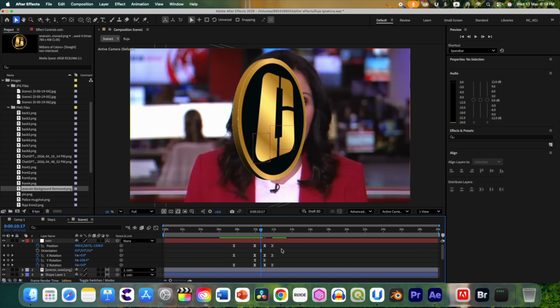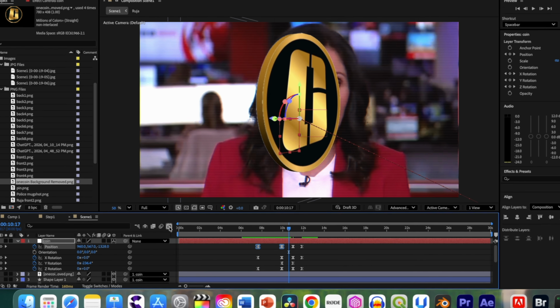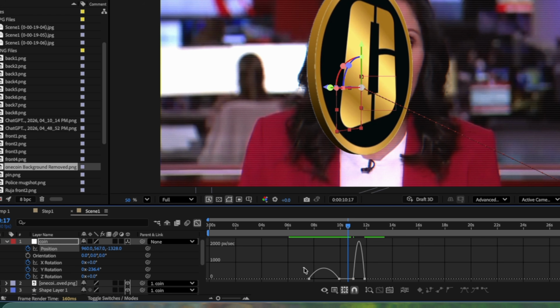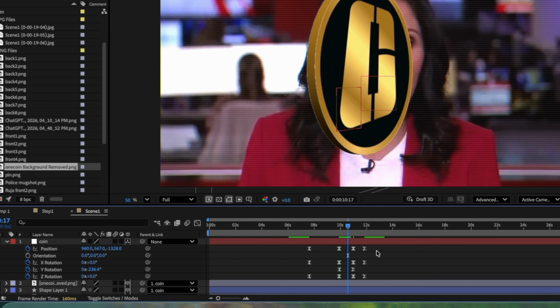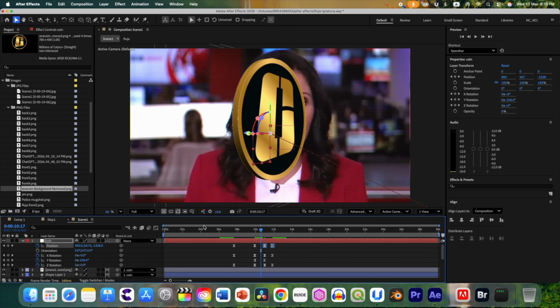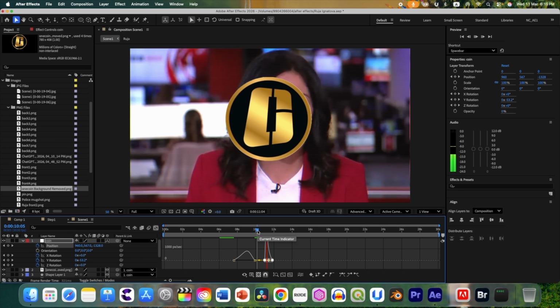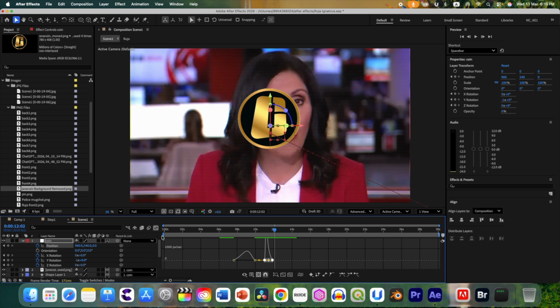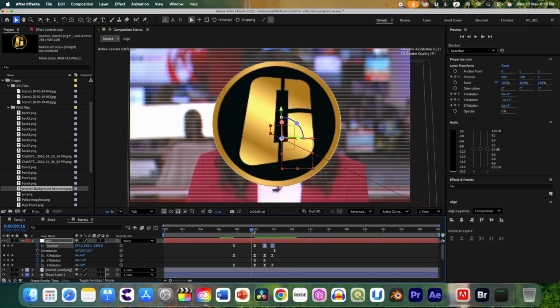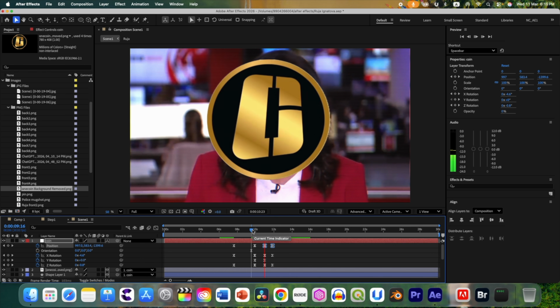Okay, so we can select this position keyframe and go to the keyframe editor. Select this keyframe, and now let's make it slow, just like this. For this other keyframe, we want it to be very fast, so we will select this keyframe and make it fast. It will just go like that. Okay, so done. So it is rotating and then it is